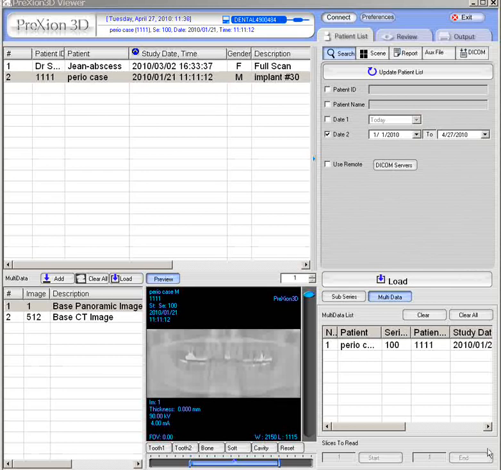Now for loading the panoramic image, we can find it first of all in the patient list. Here is the patient list, and first of all, just a quick review, we can find particular patients by using either the filter. Here I've selected the date filter. Make sure you check the box and hit update patient list to achieve just the dates of what you wish